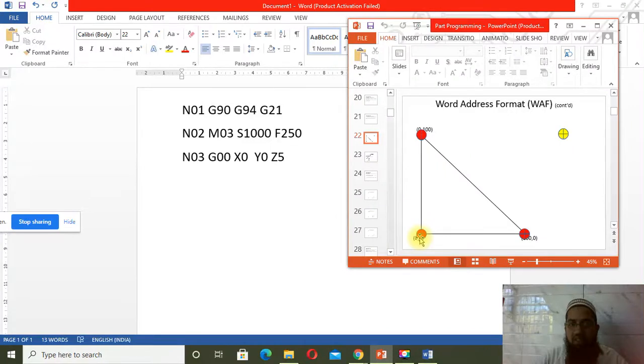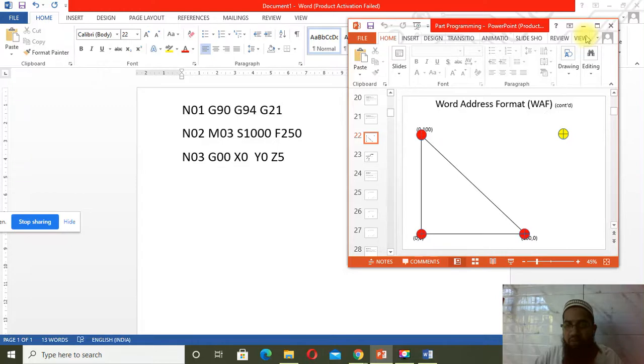Why is this value of z 5? For example, if I am taking this tool here, it should not go down. Here we have x and y, and z is perpendicular to them, in the upward and downward direction, meaning the depth of cut is equal to the z value. That is universally accepted. You always remember, the value of z is always indicated by the depth of cut, or the upward or downward direction. Here x, y and z are all 0; plus 5 means above. If I say minus 5, it will go down. So the z value is z5.